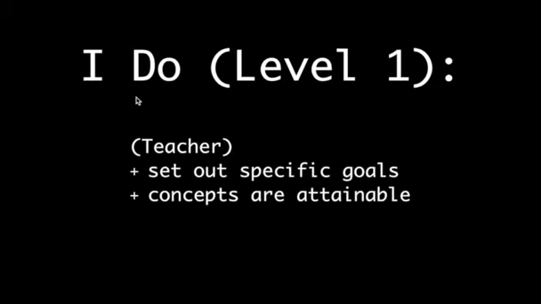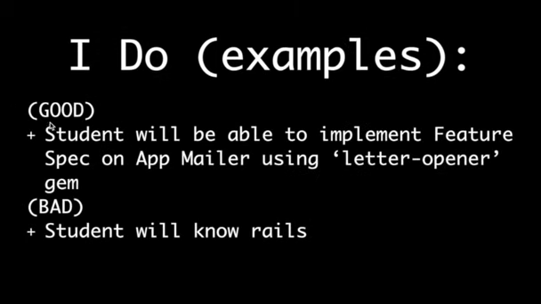So just to explain these levels, I do is generally the teacher. The main thing here is that the teacher sets out specific goals and attainable concepts, so there's a clear understanding of what is to be learned. An example would be: student will be able to implement feature spec on app mailer using letter opener gem. That's a pretty good one because you can see there are specific things called out,